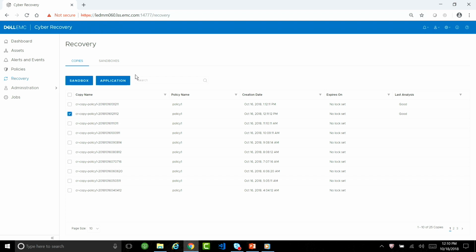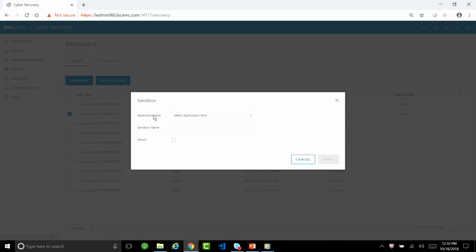This is where I start. The first thing I need to do is essentially create a sandbox, right? Mount it, and then I would do the things I need to do to get to a browsable backup catalog, and then do the data recovery from there. Okay? I can give it a name,